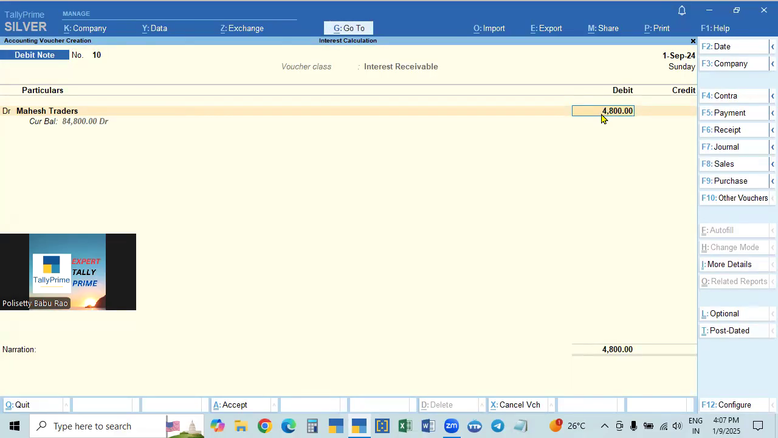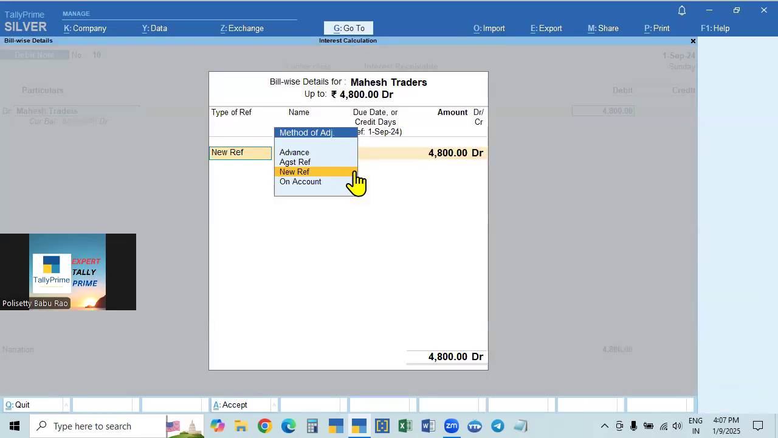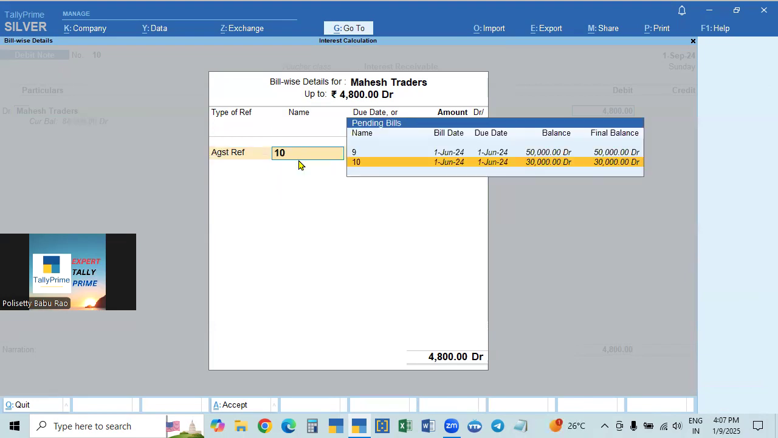That is 3,000 plus 1,800. Total amount is shown here. Okay, now come down. It is showing as new reference. New reference is debit note new reference. We have to go to against reference only, because only against the invoices are we getting interest. Against reference, we have to select